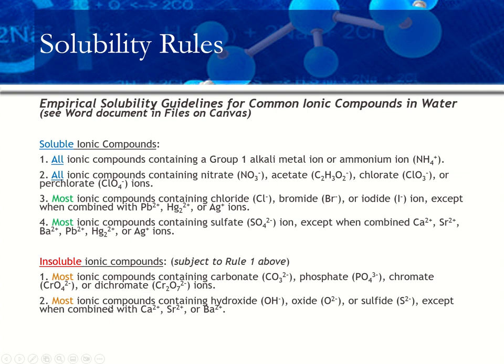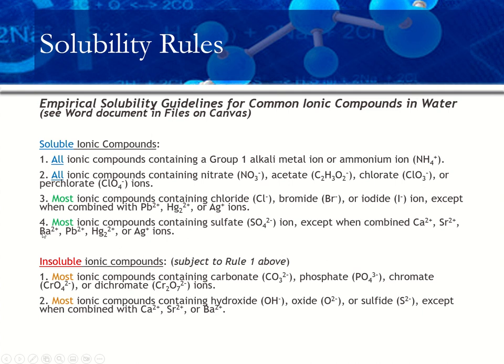And secondly, most ionic compounds containing hydroxide, oxide, or sulfide are also insoluble, except when combined, of course, with alkali metal cations or ammonium, or when combined with calcium, strontium, or barium cations, that is the same heavy earth metal cations that were in Rule 4. So there's really only two groups of cations that have special cases that you have to remember. Lead-2, mercury-1, silver-1, they're in one category, and the other is calcium, strontium, and barium cation, heavy alkaline earth cations,